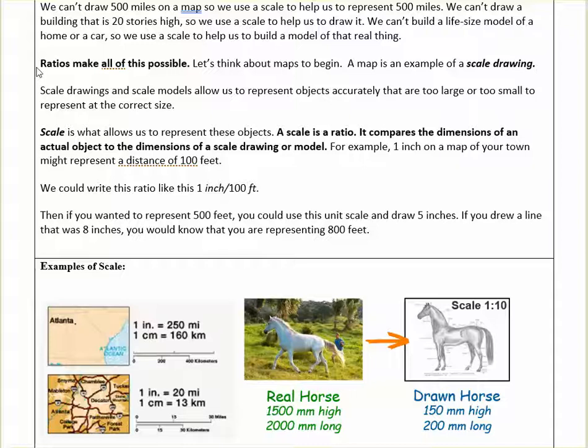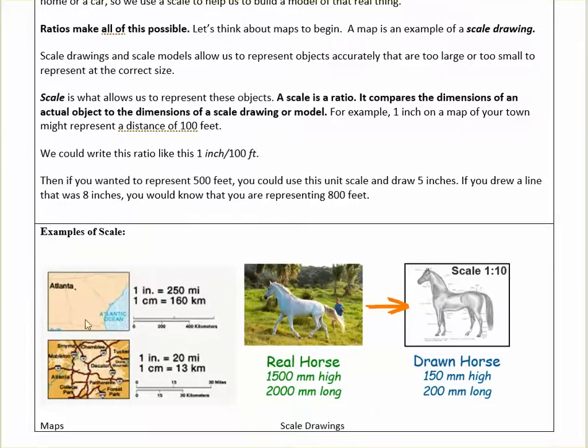So ratios are the key. That's what we're going to use. A map is an example of a scale drawing, and there are lots of other scale drawings. Let's look down here for a minute. Here's an example of a map. This one's zoomed out a little bit. They have a scale on the side in a couple different ways that tells us how to find the